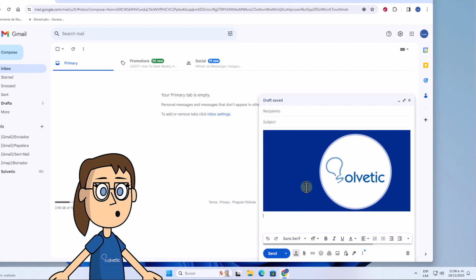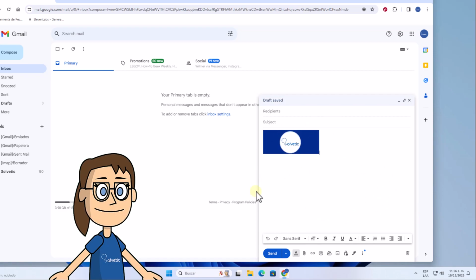It is important that you know that you can use the Ctrl+C and Ctrl+V keys to copy and paste the